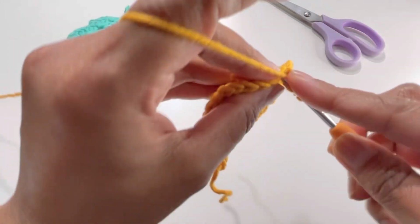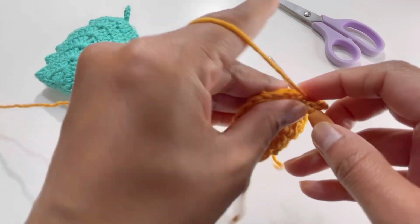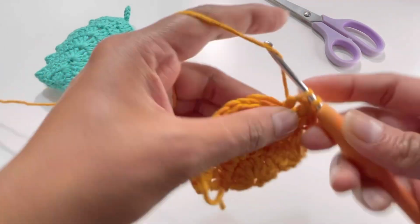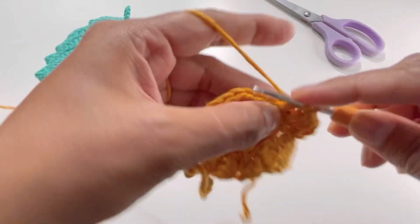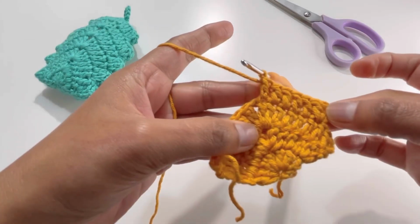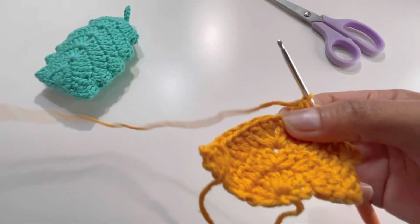So here it is. I'm going to hide this end inside as well. So just going to yarn over on that strand of yarn as well. So keep on having your 1 double crochet into each stitch for next 5 stitches, and so you're going to have your 7 double crochets in total. Here it is. We got these 7 double crochets, and here we are into this chain 1 space,